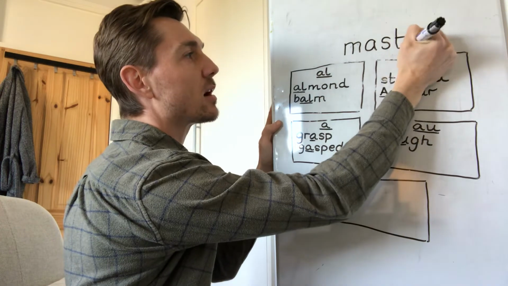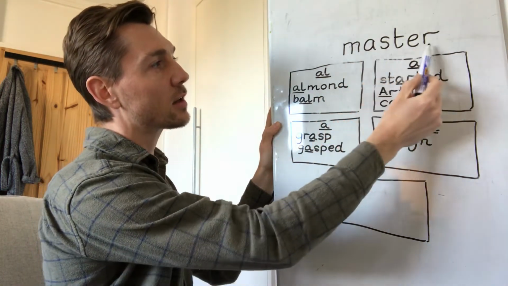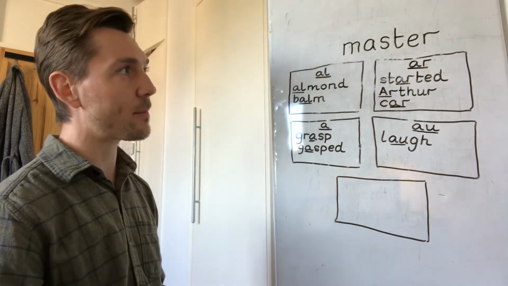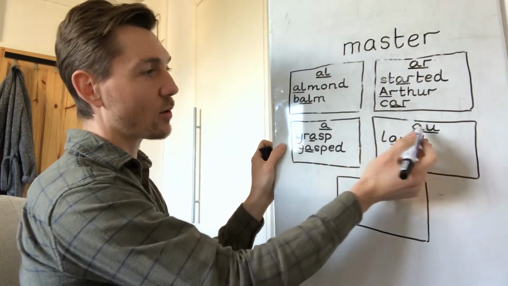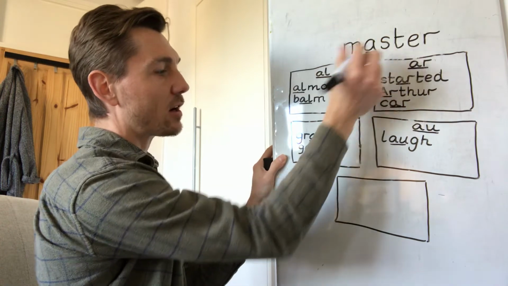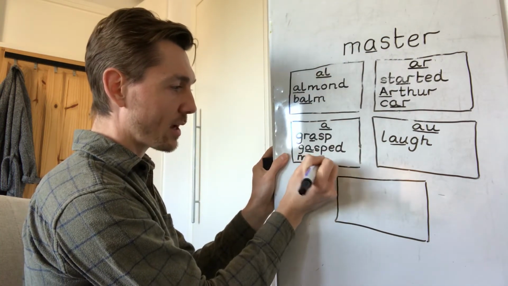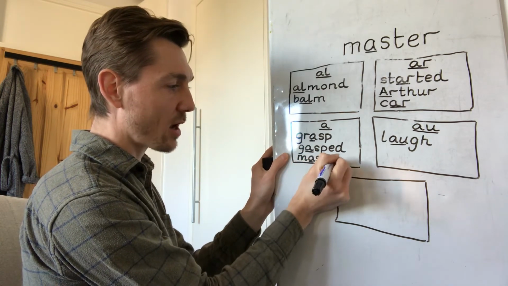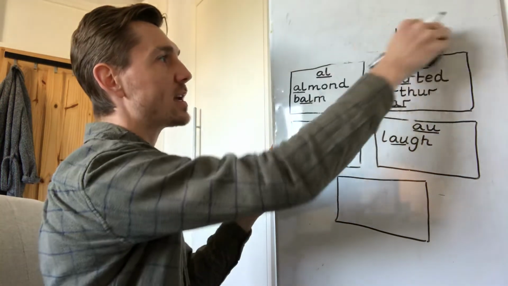Word is after 3. 1, 2, 3. Master. Okay, so where does master need to be written? Is it this, or this spelling of R? It's the A on its own spelling of R, isn't it? So it shares that spelling with grasp and gasped. So we can write master. And the last word is